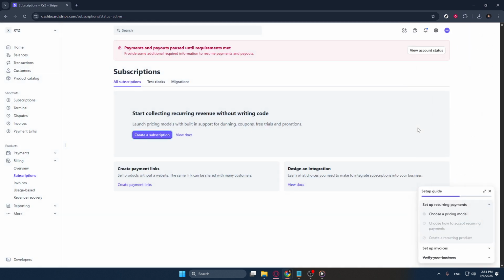Remember, the Stripe dashboard also provides tools and analytics to help you track the performance of your subscriptions over time, so be sure to take advantage of those features. If you encounter any issues or have further questions, Stripe has a robust help section and support team to assist you. Setting up subscriptions might seem daunting at first, but with practice, it becomes an integral part of efficiently handling your payment